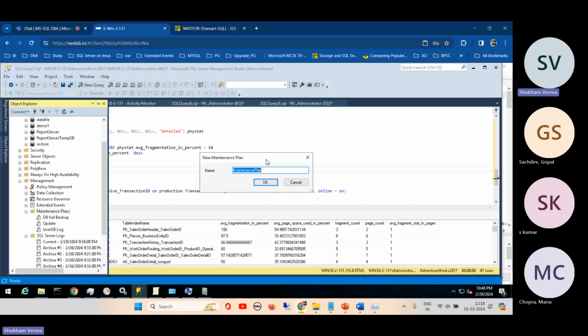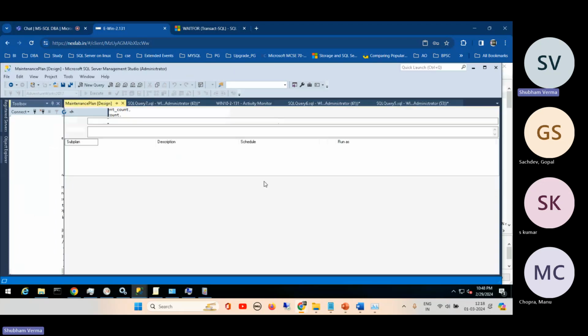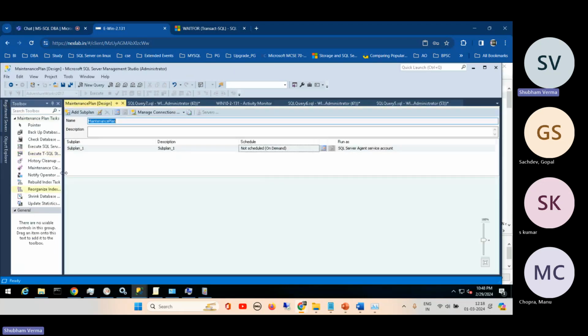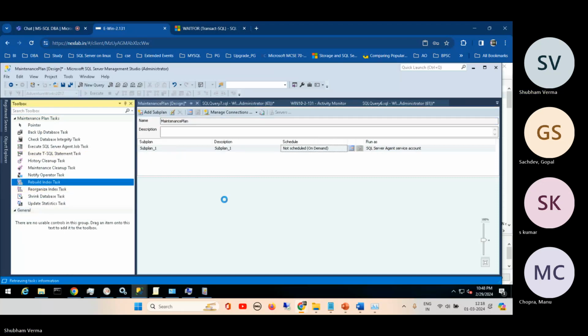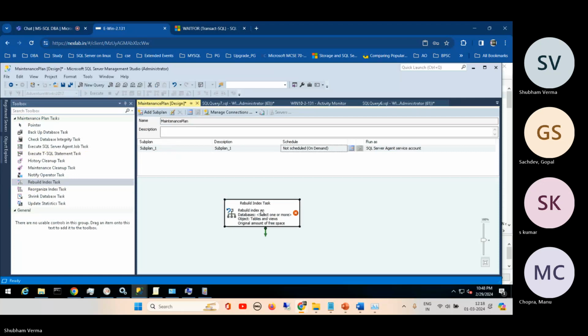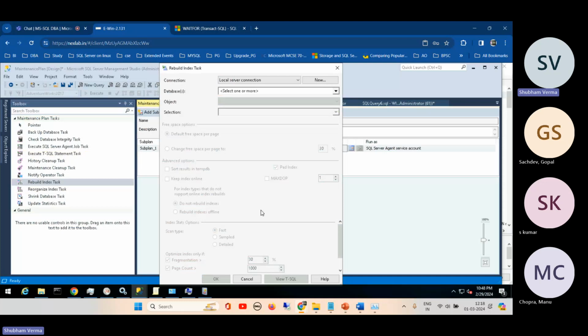If we do not know which index needs to be rebuilt, we go to this place, this rebuild, select this one, and just pass. It is for all tables in a database, but this is very IO intensive, because if you kill this transaction now, it will take the same time to roll back. Basically, let's see this example. If this job runs for 15 minutes, and you get a call from the application team